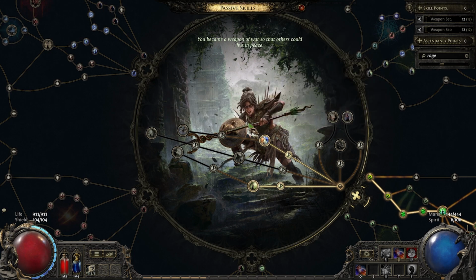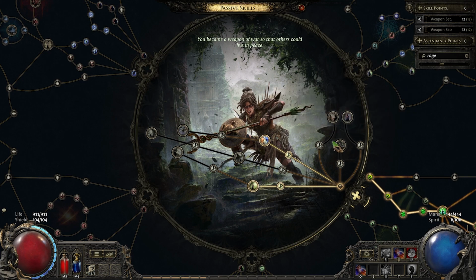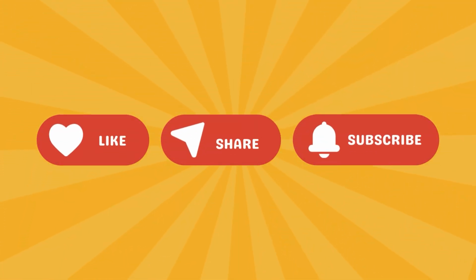As I keep progressing, I'll definitely be testing the other Amazon nodes, especially Penetrate and Stalking Panther. But at this stage, the combo I have is performing really well and keeps the build fast, responsive, and fun to play. And now, before we check the passive tree points together,